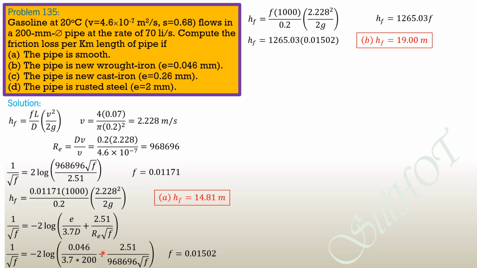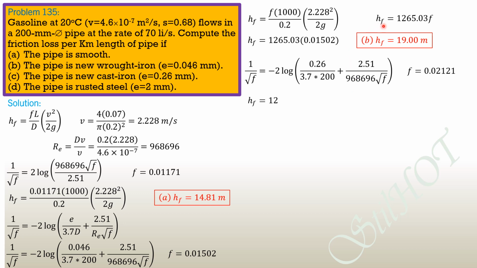Next is when the pipe is new cast iron, so we anticipate that it is a transition from smooth to rough, so we use this same equation. 1 over square root of F equals negative 2 log of quantity 0.26 over 3.7 times 200 plus 2.51 over 968,696 square root of F. So solving for F, F is equal to 0.02121. Then substitute here, HF equals 1265.03 times 0.02121. So HF is equal to, and that's the answer to part C,